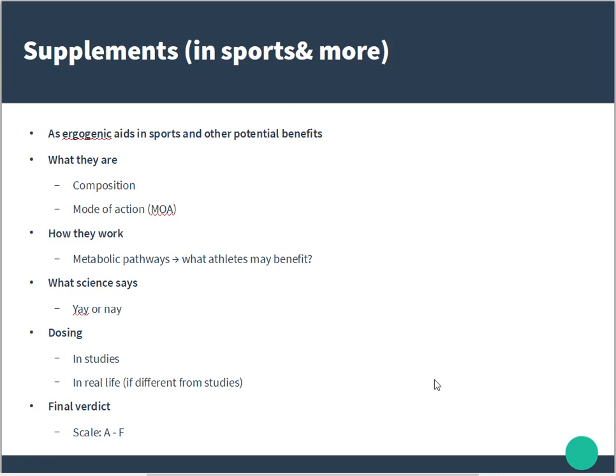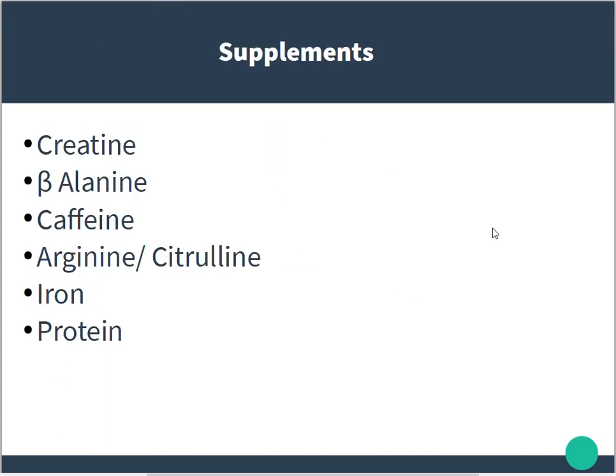So let's move on quickly and see what type of supplements I intend to cover as of now, though this list may perhaps grow. My list, as of now, is creatine, beta-alanine, caffeine, arginine, but actually rather citrulline, which I'll explain why, iron, and protein. Now, the way these are picked is that they are a little bit different. They overlap very little, so they will affect different energy systems or have different delivery mechanisms,